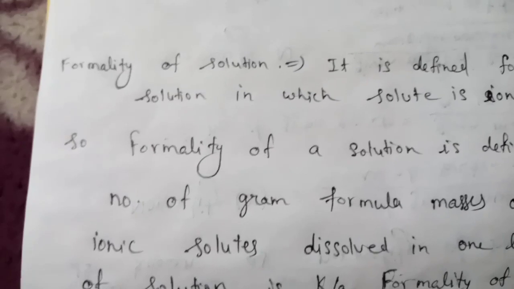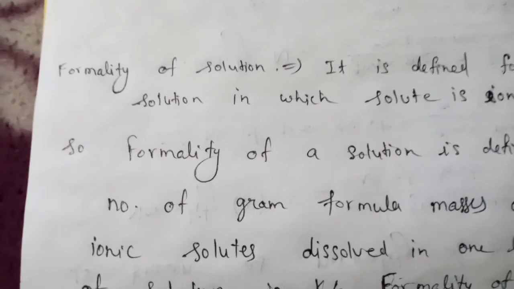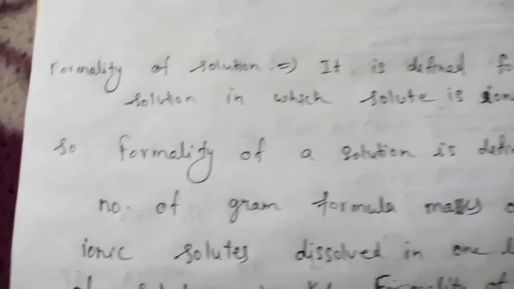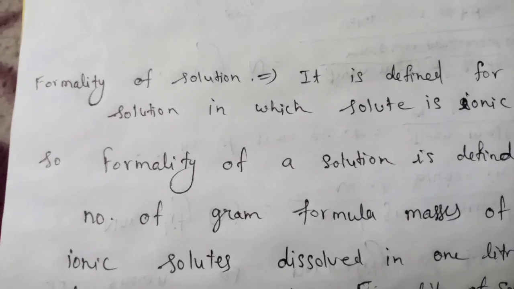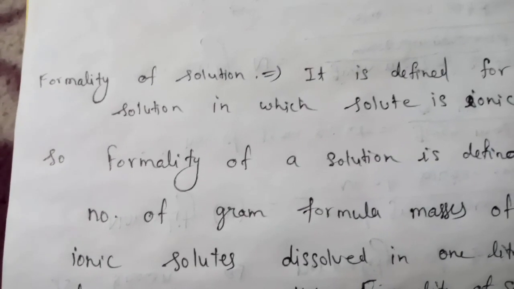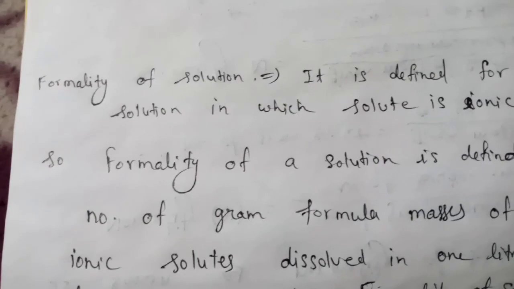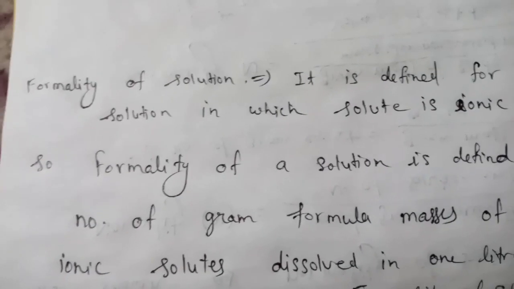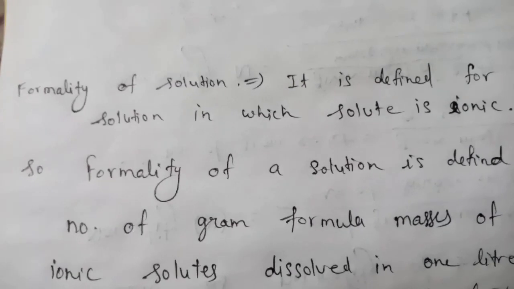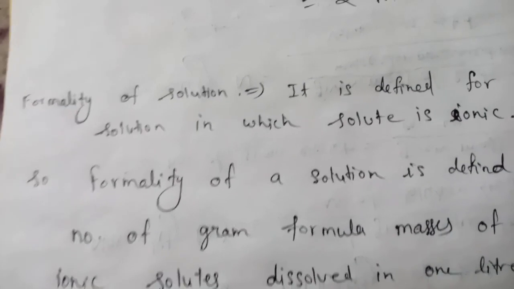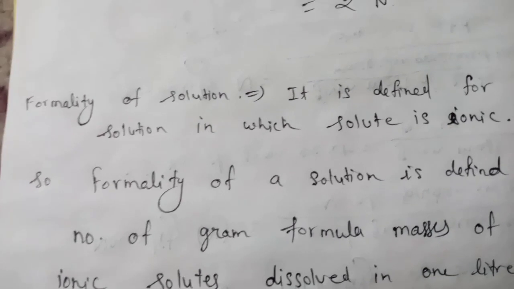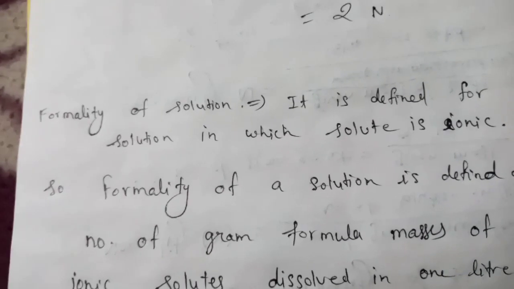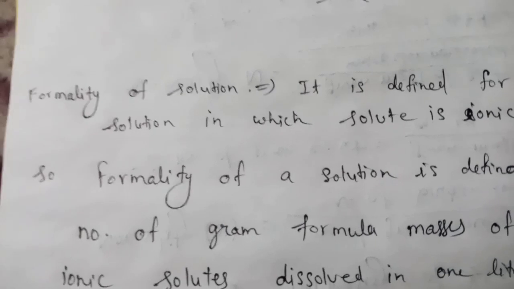But when we talk about an ionic substance, due to attractional property of ions, for example, if we take sodium chloride, one sodium cation is surrounded by six chloride ions, and similarly one chloride ion is surrounded by six sodium plus. So one sodium plus will be surrounded by six chlorine minus. These six will be surrounded by 36 sodium plus. This 36 will be surrounded by 216 chlorine minus.